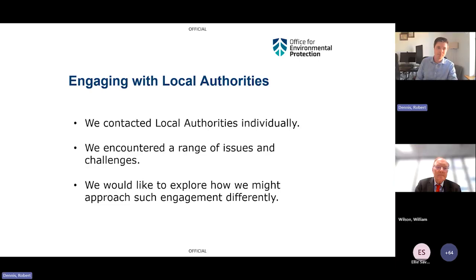Yeah, happy to pick it up from here. On the point about engaging with local authorities, obviously we are conscious that some of you on this call may have been on the receiving end of our information requests. So any kind of input that you can offer about how we can best engage with local authorities on work like this would be really, really appreciated. We certainly learned a lot from this process, but I think there's probably a lot more wisdom we can glean from you too. So if you could hold those thoughts though for the end, that'd be much appreciated.